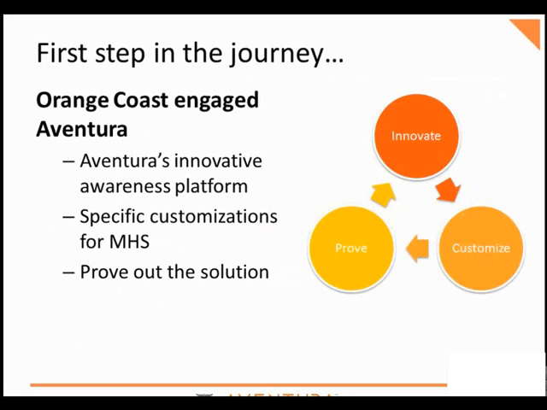So we looked at lots of solutions, and there are good solutions for single sign-on. There are good solutions for security, but there's not a good solution for everything. And John kind of hit on it before. It's that awareness. It's not enough to be able to log into your applications easily, but you want to be able to be prompted or have the information brought up based on where you are or based on the patients you're taking care of. And as you roam